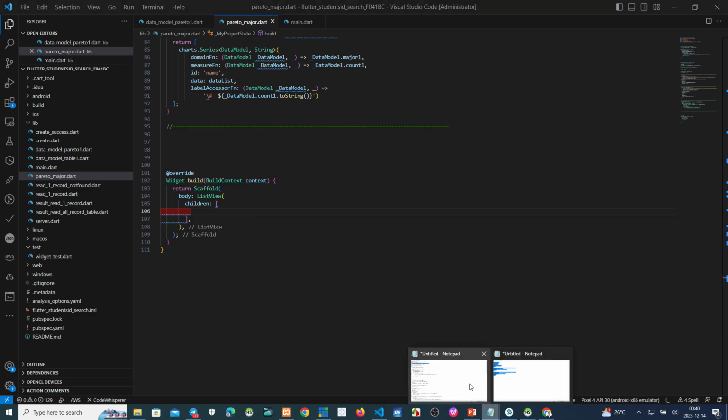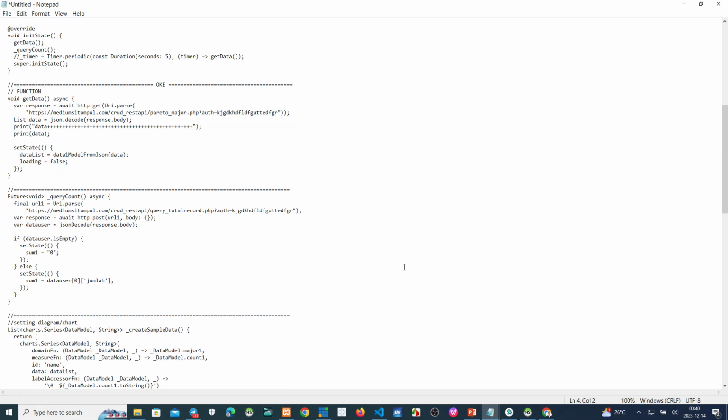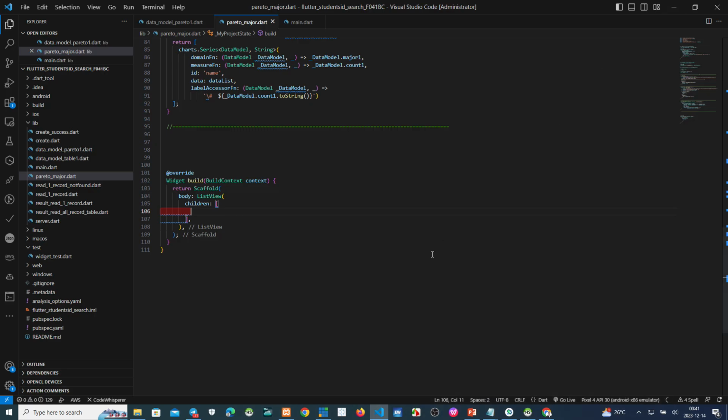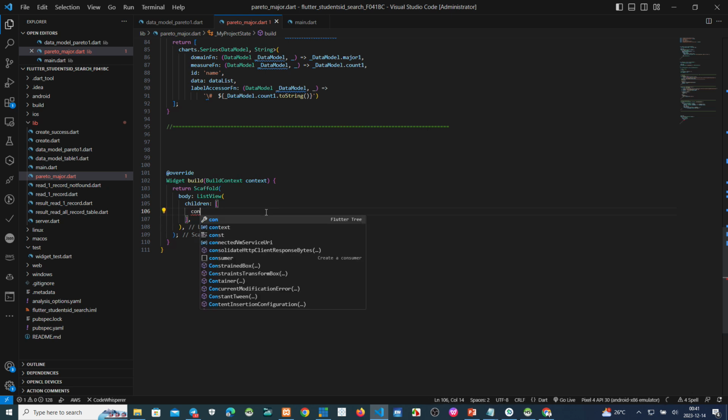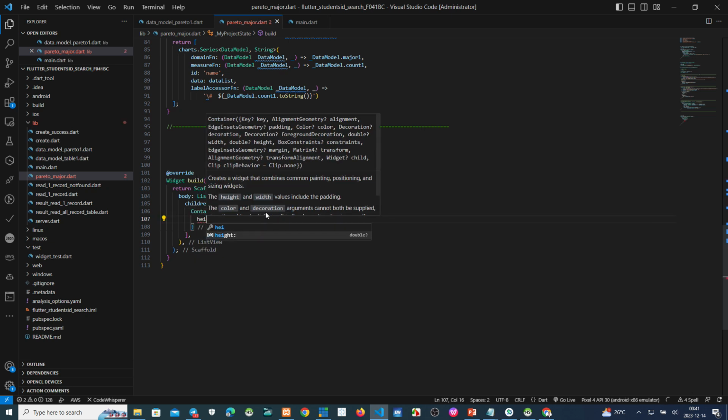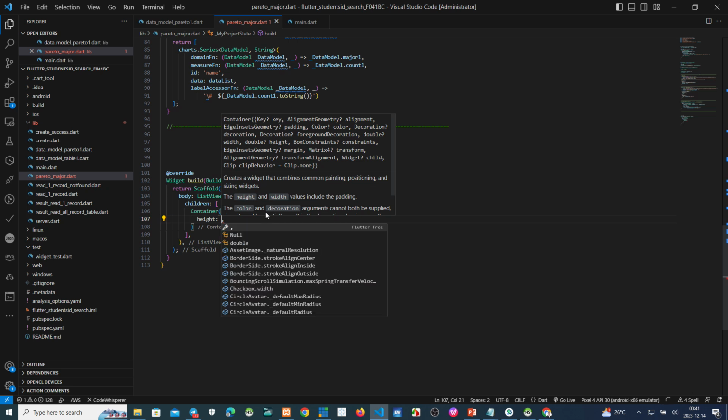We copy. Container first, children, this one, container. Height means the height of the Pareto chart.